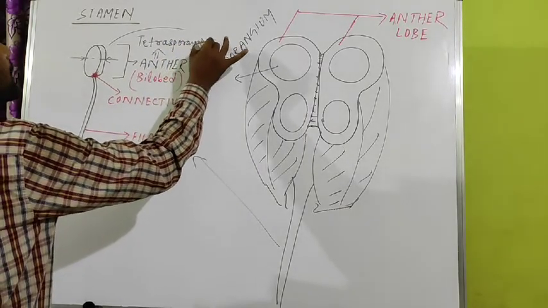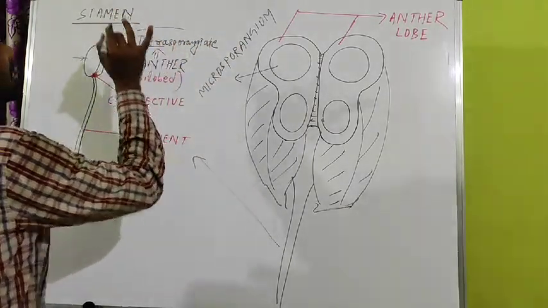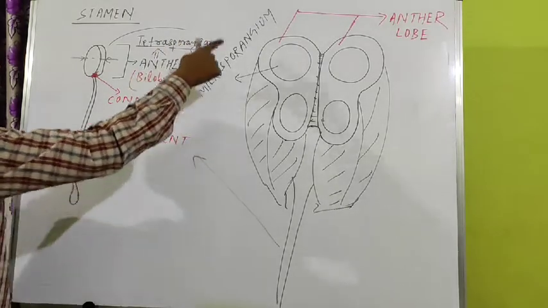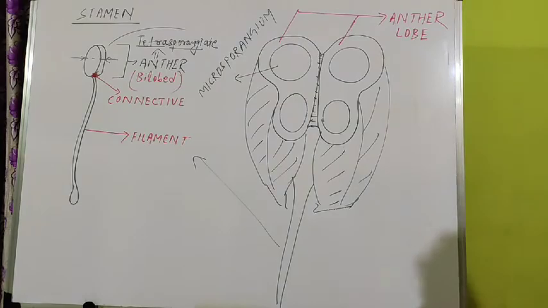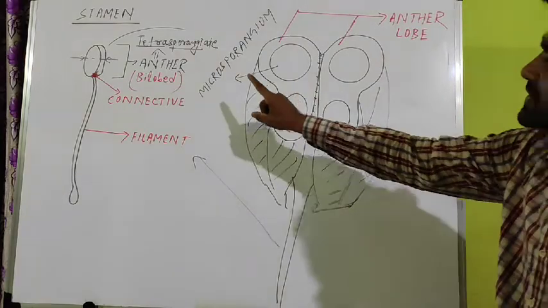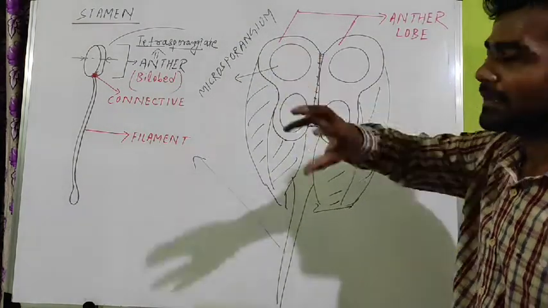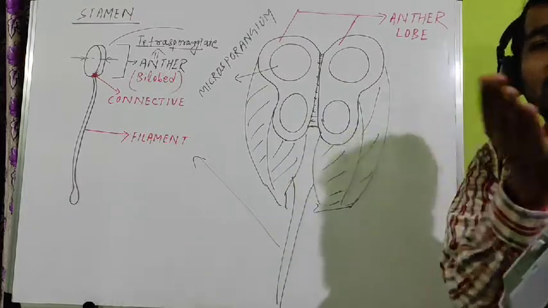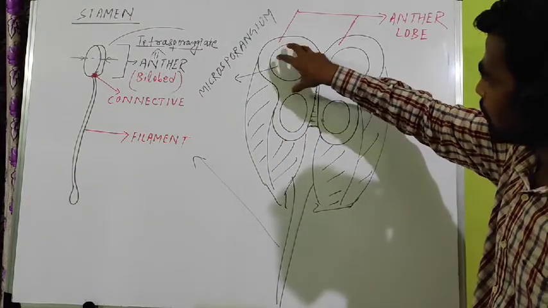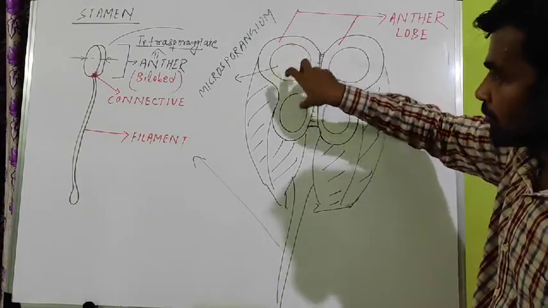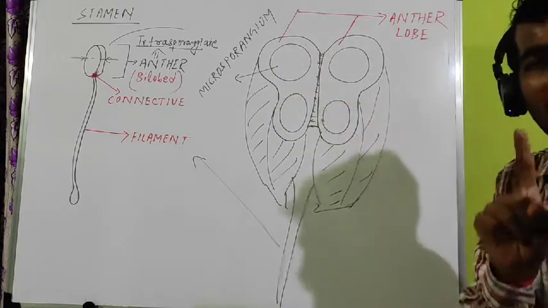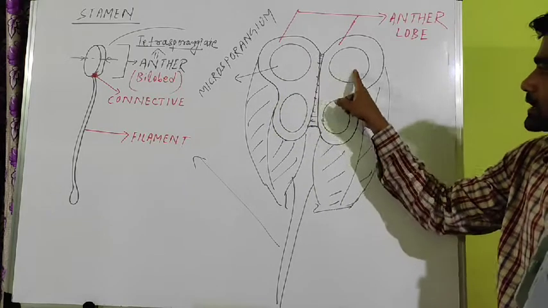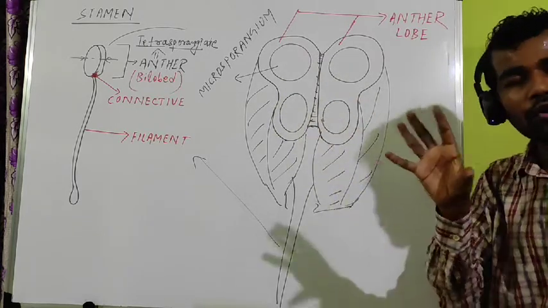Tetrasporangiate. You have to remember what is the meaning of tetra. Tetra means 4, sporangiate, microsporangium. So remember this. Microsporangium is a circular structure. After transverse section, it is a circular looking structure under microscope found in 2 number in each anther lobe. So that's why at the 4 corners, this corner, this corner, this corner, this corner, there is